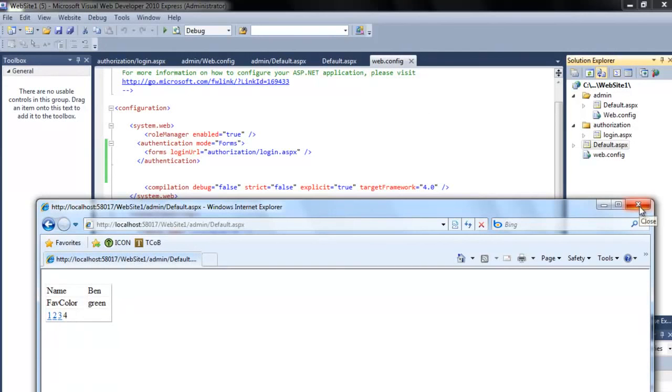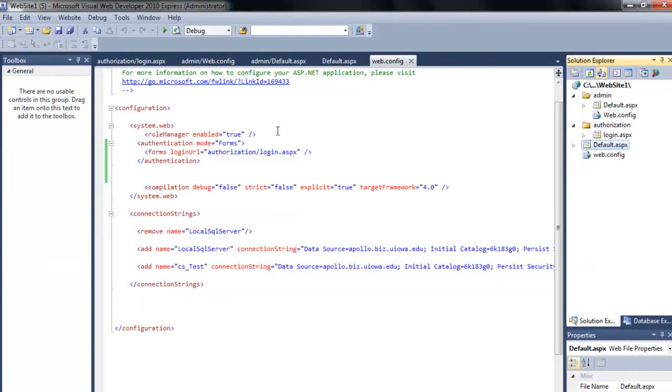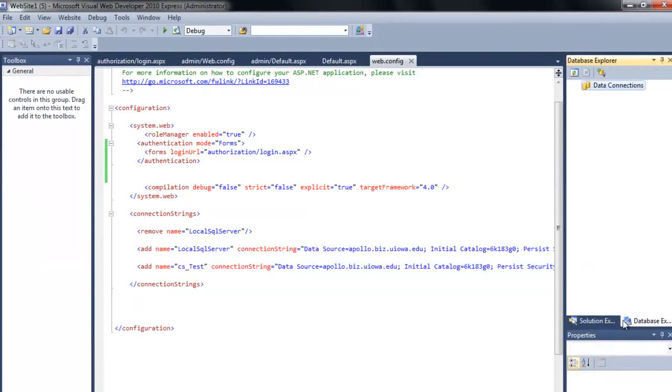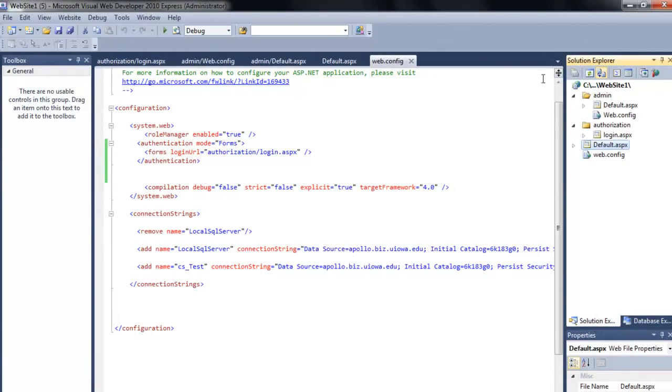I've got a connection string that's connecting me to the Apollo database. Everything seems to be good. Now what I'm going to watch for while I'm doing this authentication and connecting in, I'm going to look to make sure that that App_Data does not get created and that no local databases get created. If the local database gets created, then I've got a problem and I need to stop right away and try